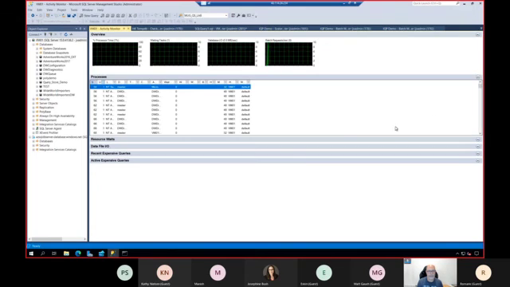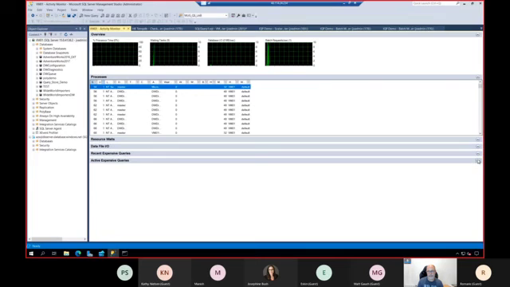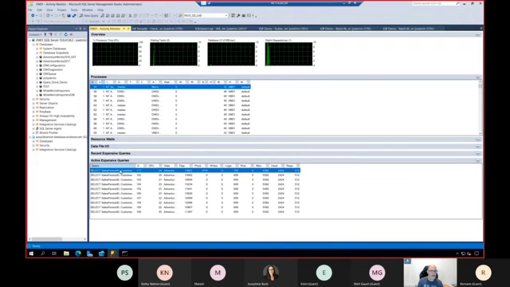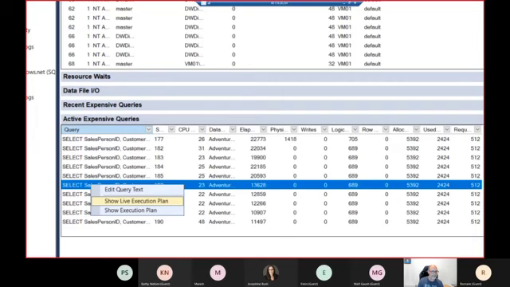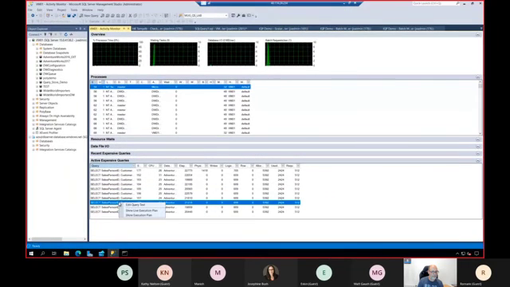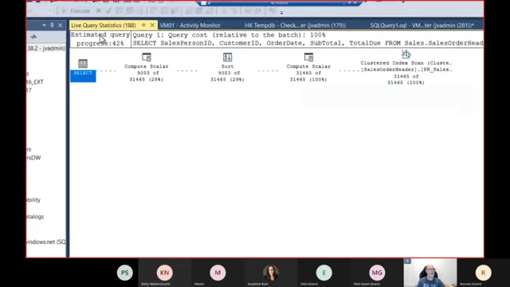So with the activity monitor, it's going to take a little bit to populate all the processes running, resource usage. Down here, I have expensive queries, right? So I will expand this one. Here I have all the ones that are running right now. If I go here, right-click and choose show live execution plan, right here, we will see exactly the same that we saw before.